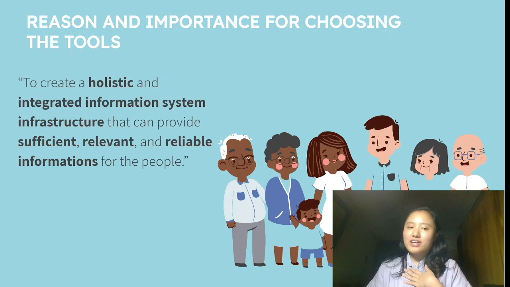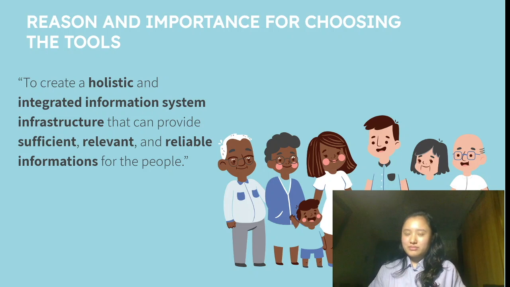My name is Farhan, and today I will be continuing the presentation about technological tools that we use to educate the people on COVID-19. And I will continue with the reason and importance for choosing the tools. And this is to create a holistic and integrated information system infrastructure that can provide sufficient, relevant, and reliable information